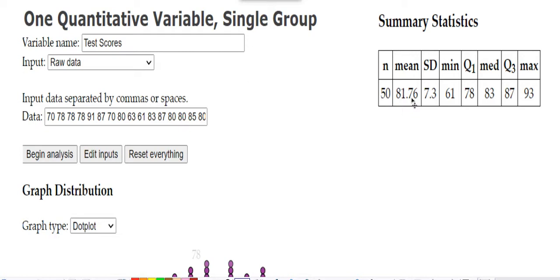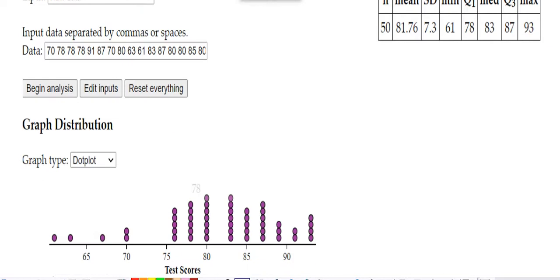But then if you look again, these are test scores. If I round the mean, the mean is 82, and that's just one point difference between the mean and the median. Is that one point enough to say that this is normal or this is skewed left? Okay, let's find out. By just looking at the summary statistics and the graph, it's kind of like, okay, I don't know if it's really normal or if it's skewed left.